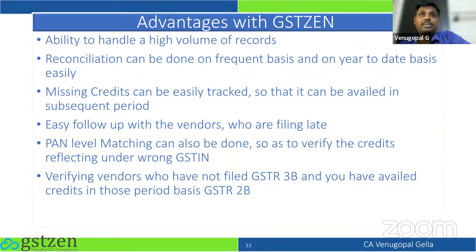What happens with the missing credit? How do you track it? How do you report to the vendor? How do you write an email and say, hey, look, this credit is missing, please send a reminder saying that upload in your GSTR1 the invoices. Maybe he would have given the wrong GST number, or you have not given the GST number. He would have put it under B2C. It could be anything, but you need to track. After tracking it, you need to follow up with the vendors, right?